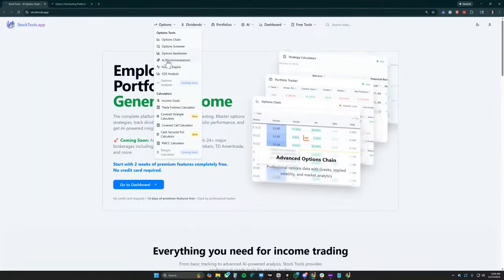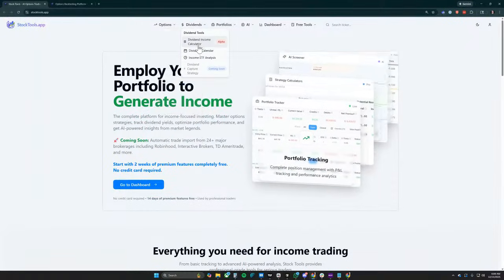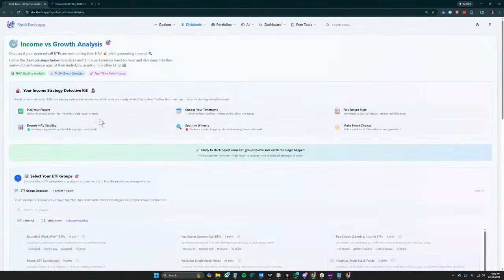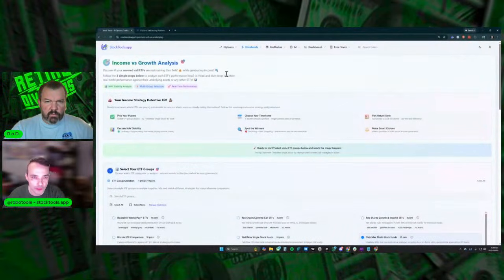And so I built a lot of options tools to do it yourself. I've built a lot of dividend tools as well, to also track all of these. Actually, we'll jump in right here. We'll just jump into the dividend one because we were just talking about that, right?